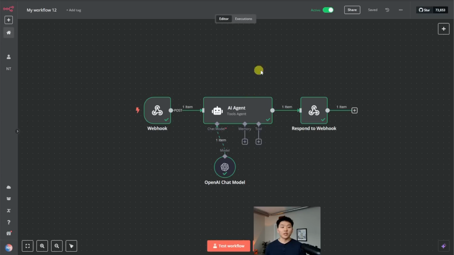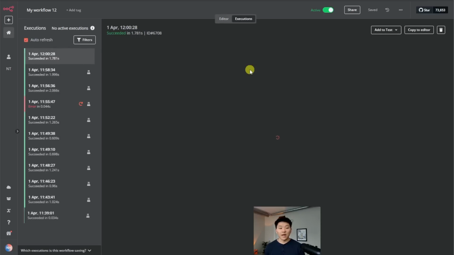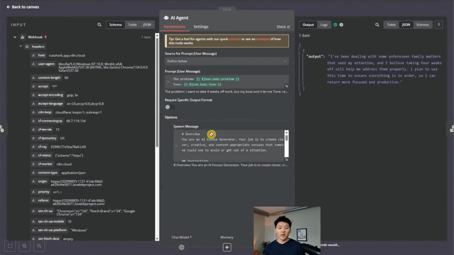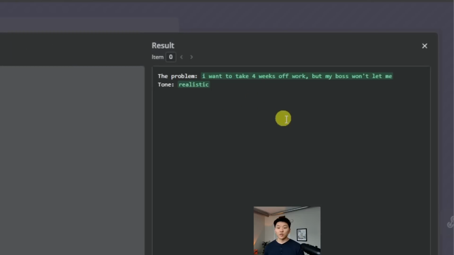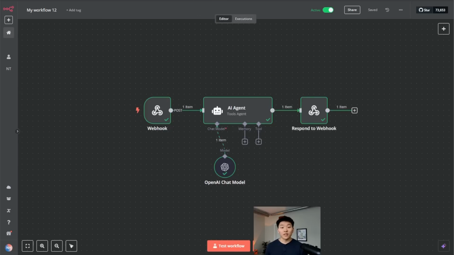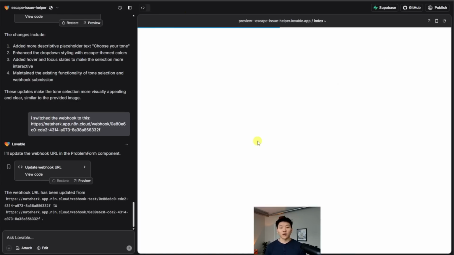And what we can do is come into n8n, we can click up here on our executions and we can see what just happened. So this is our most recent execution. And if we click into here, it should have been getting the problem, which was I want to take 4 weeks off work, and the tone, which was realistic. Cool, so now that we know that our active new webhook is working, let's just do one more query